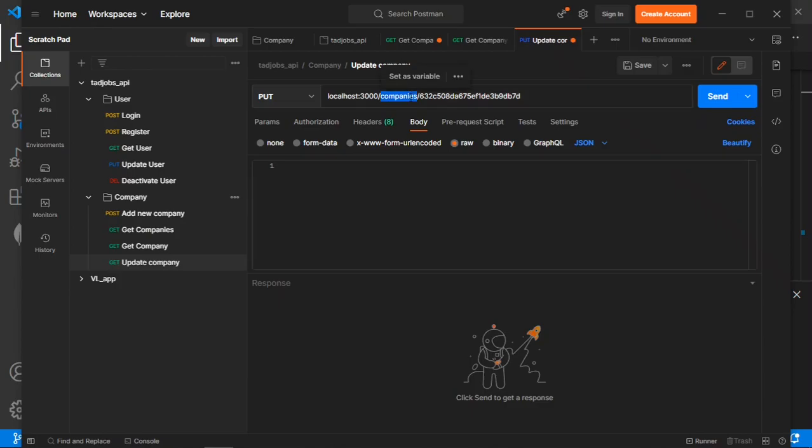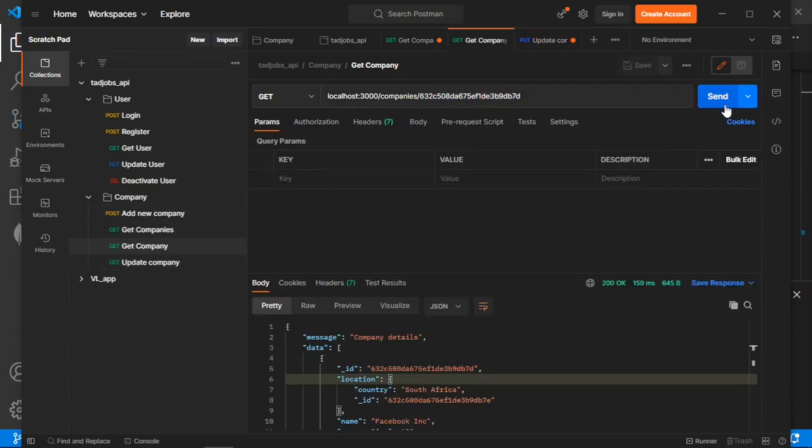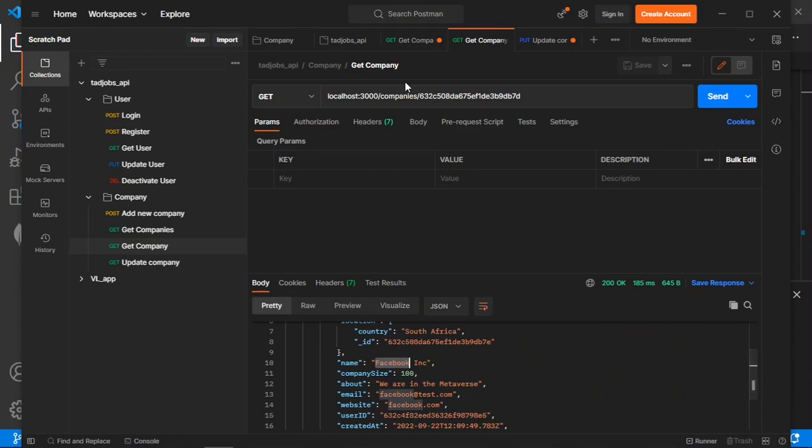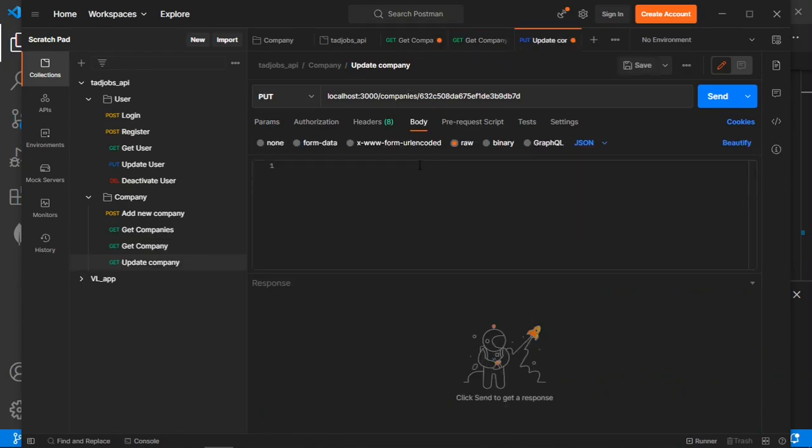We're updating a company of the specified ID, right? So let's get this company. The name of the company is Facebook, right? So let's try to update the name. We are updating the name only, right? So we are changing the name from Facebook to Meta Inc. Let's send,